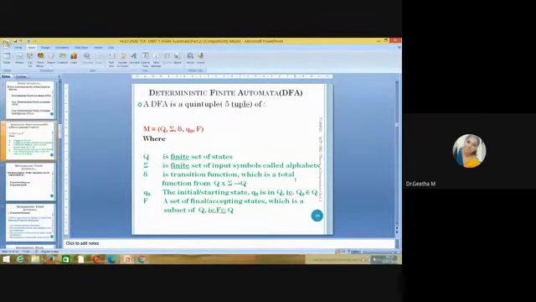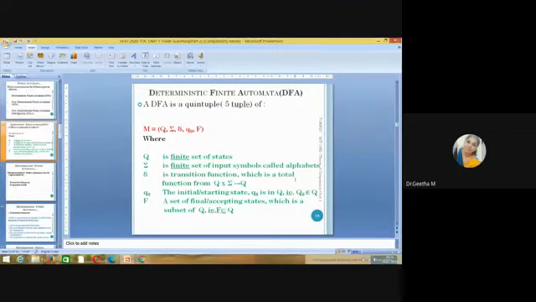You have to consider where you are residing, so where you are in will be given by the state capital Q. And what is our current input symbol will be given by sigma. So these are the two parameters you consider before taking any decision. The decision will be based on these two parameters, and you will get where to move, which will be given by capital Q. So the format of del function is Q cross sigma, which tends to Q.